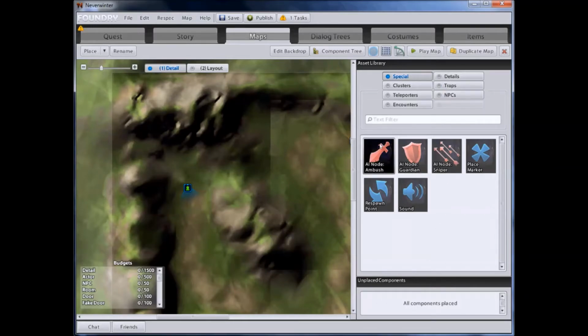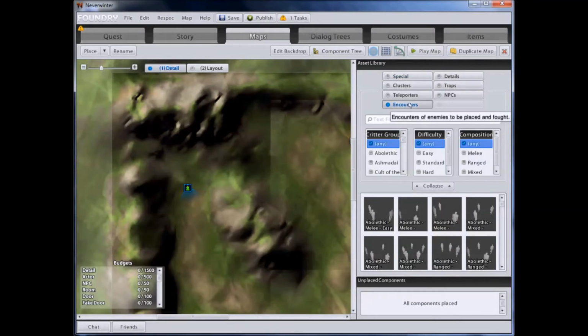Now the nodes such as Ambush, Guardian, those are for AI. Once you get into your encounters, those will become important. We'll just look at the encounters briefly here, because when you're putting monsters on your map, this is where you will do it from. I'm on the Critter Group menu right now, so if you know it's going to be kobolds, you know that it's going to be orcs, you can sort specifically by those creature groups, along with by